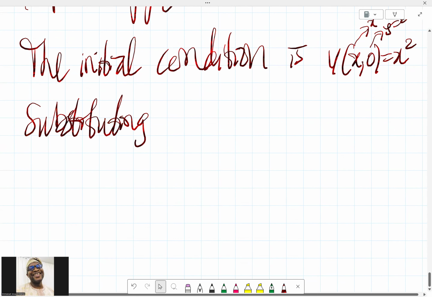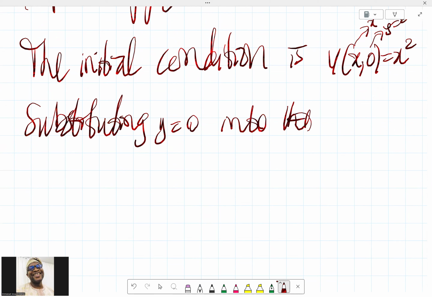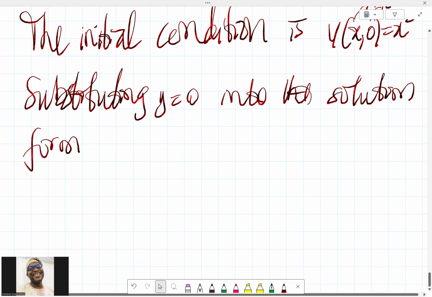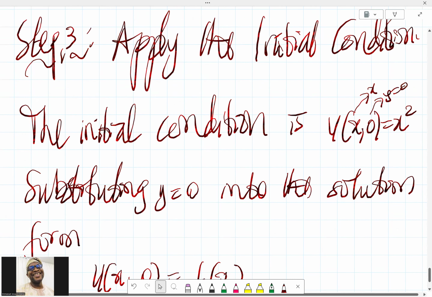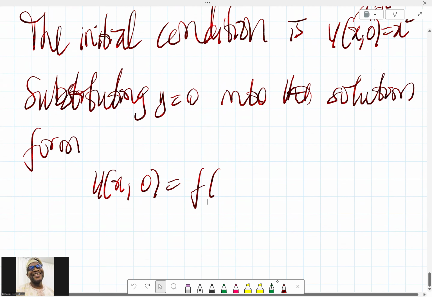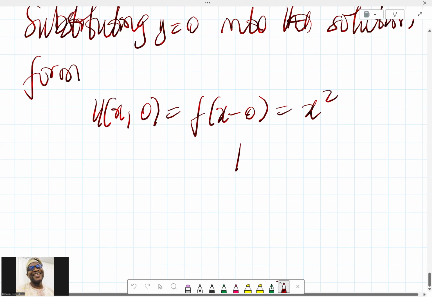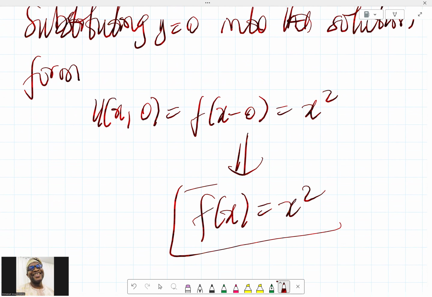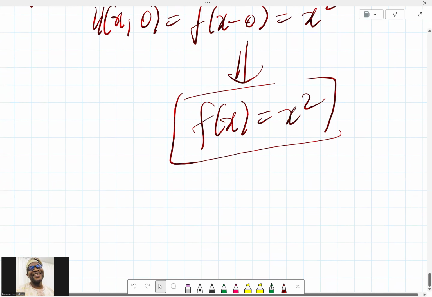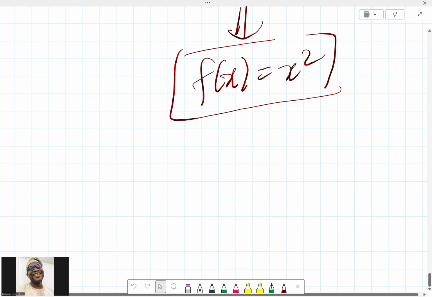So substituting y equals 0 into the solution form, we have u of x comma 0. So u of x comma 0 now is the f of x minus y we got there. So u of x comma 0 means we have f of x minus 0, because f of x minus y up there, and that is simply equal to x squared. Okay, so this simply tells us that f of x is equal to x squared. We have this much here, and if f of x is equal to x squared, we can then conclude that, because the function is f of x equals x squared,